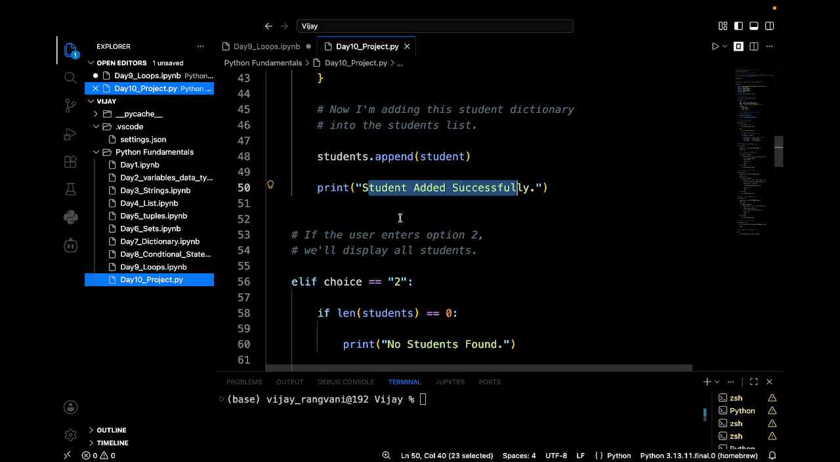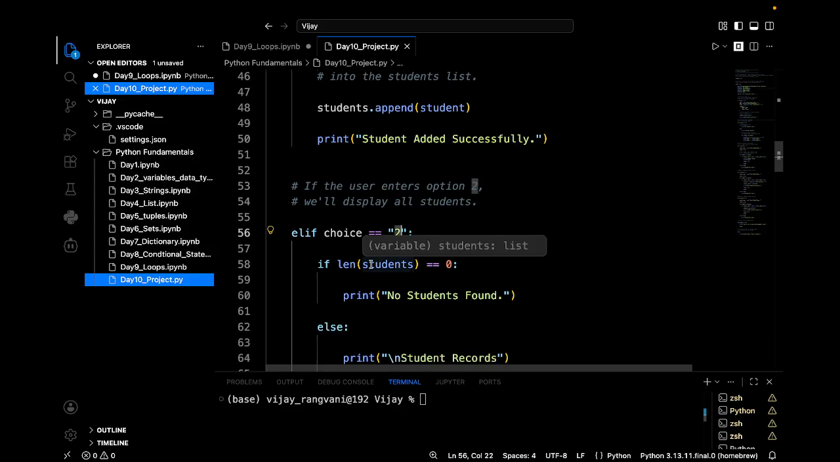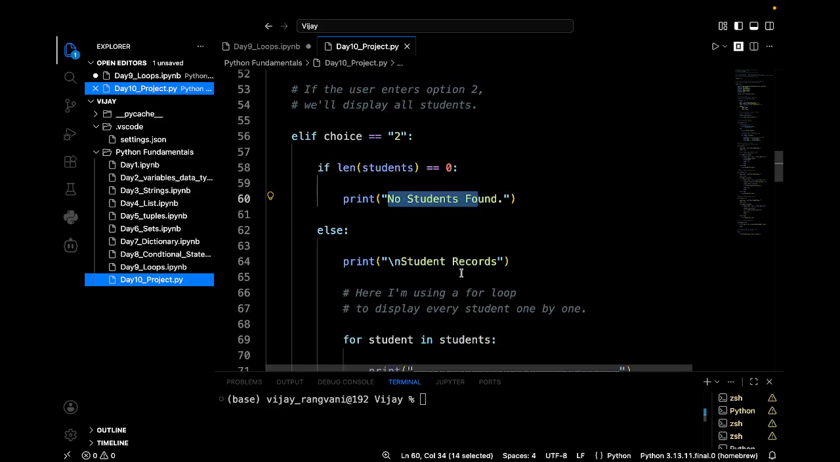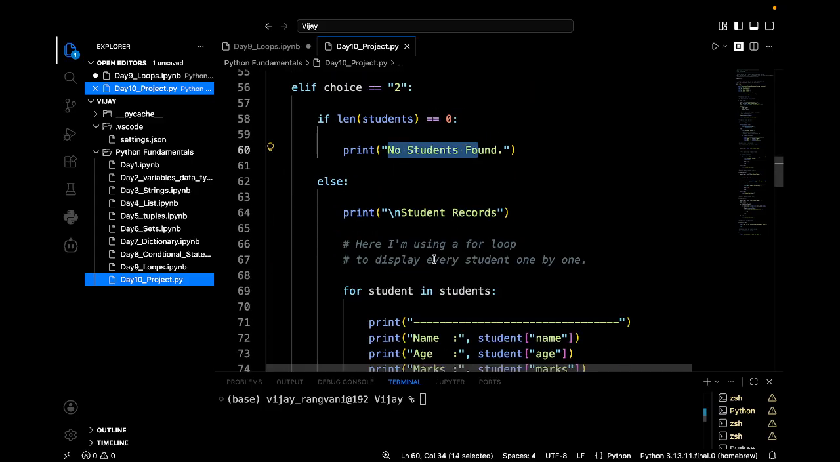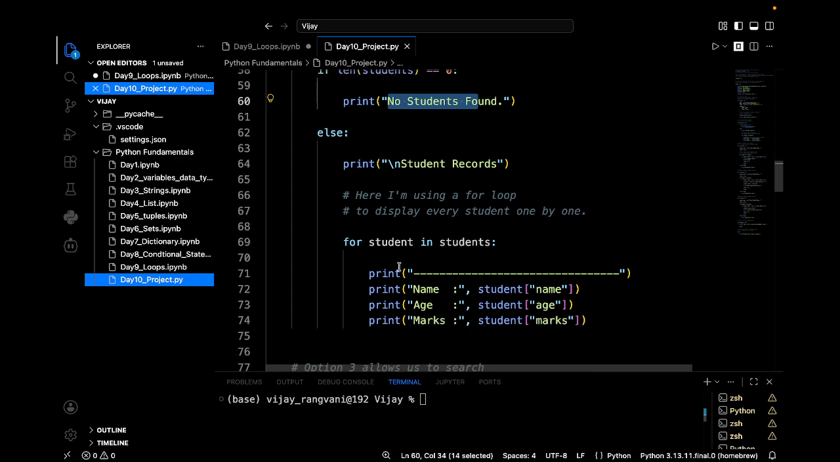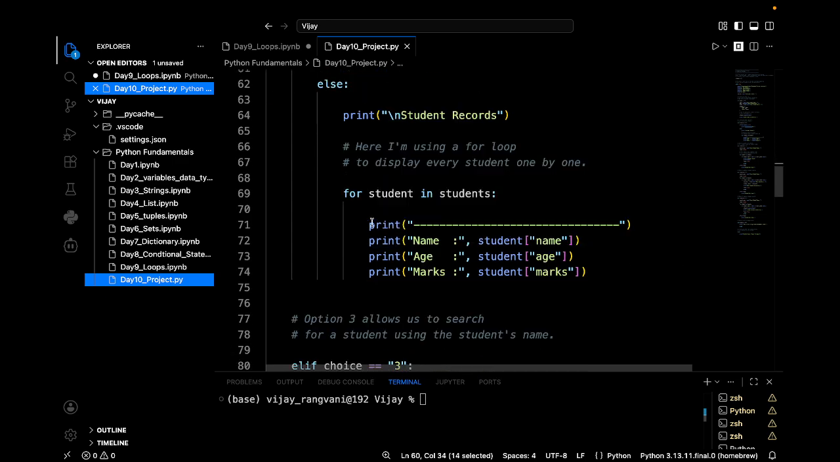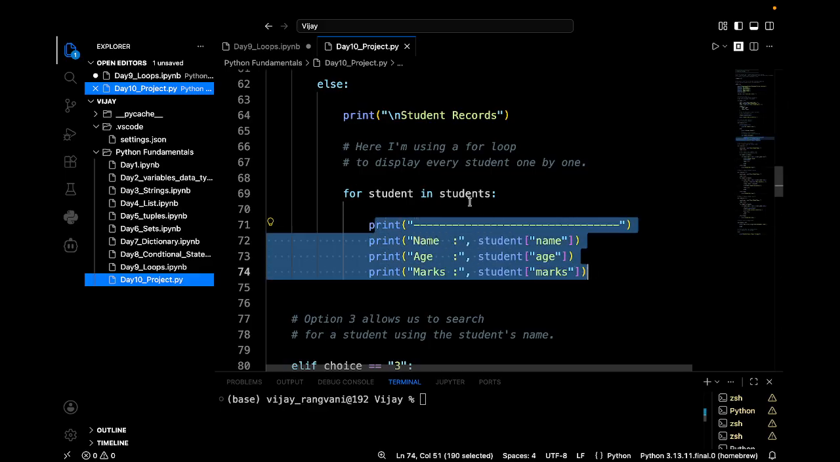In case the user selects option 2, it will first validate what is the length of the students. So basically it is doing a validation if any student is present or not in the list. So if there are no students added, then it will simply give the message no students found. If there are records, it will give the full list of the students by looping through the students list. Okay,